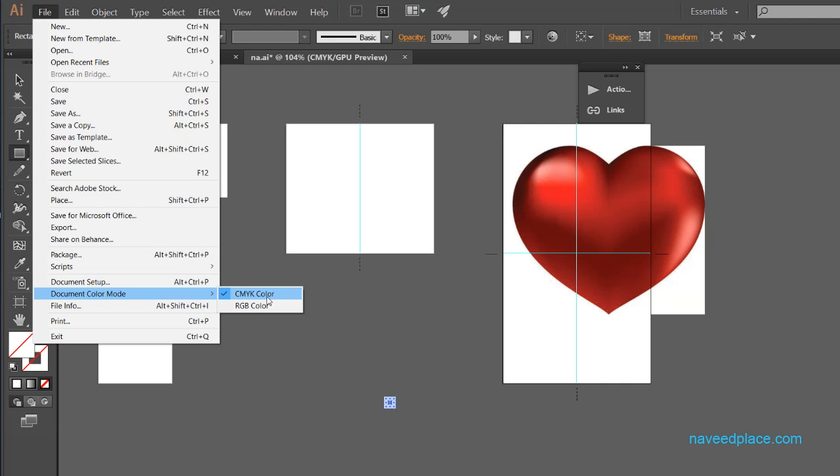CMYK is basically cyan, magenta, yellow, black, and is basically for printers. RGB is basically for LCD or screen. Let's suppose you are doing work for LCD or screen, so you should use RGB. And if you are doing work for a printer, or you want to print, you should click on CMYK.